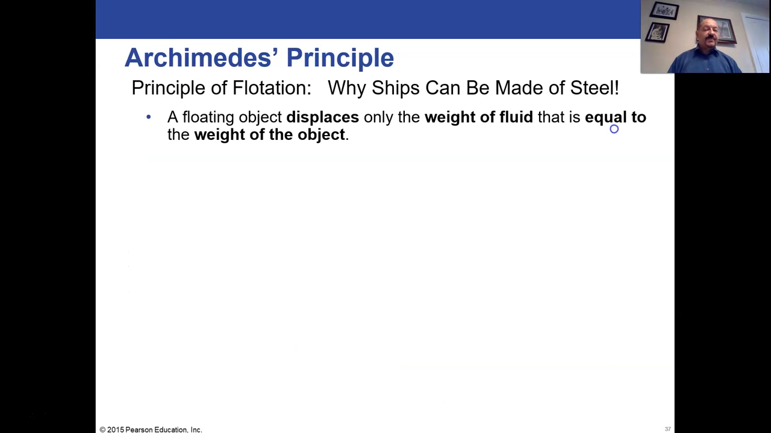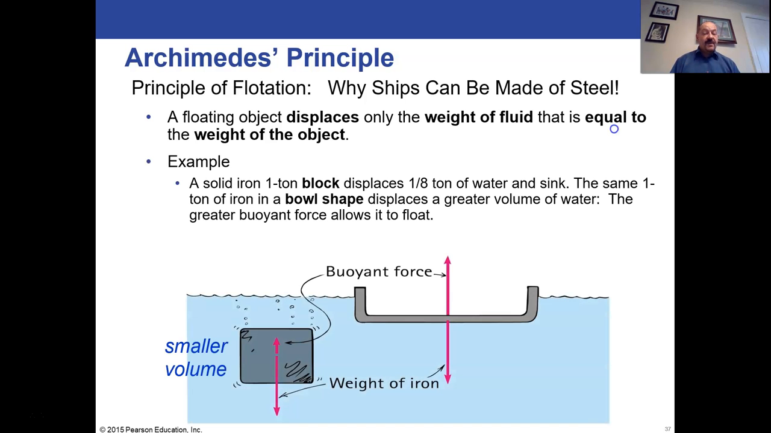All right, so principle of flotation. Why ships can be made of steel. So we've already talked about buoyancy in water. Let's talk about what this means for making ships out of materials that are much, much denser than water. A floating object will displace only the weight of fluid that is equal to its own weight. Well, if we have a solid block, a 1-ton block of metal, and we just put that in the water here on the left,